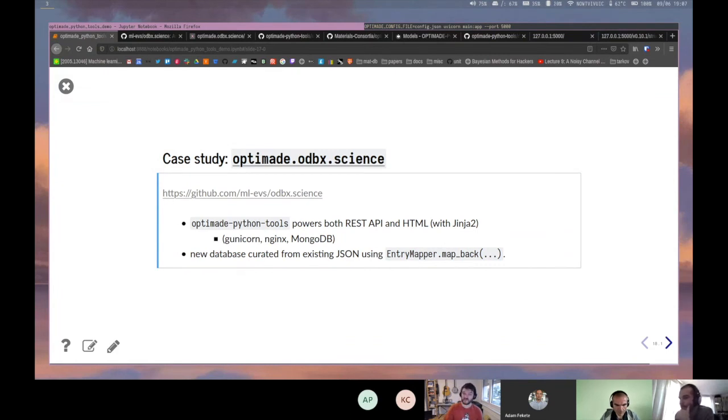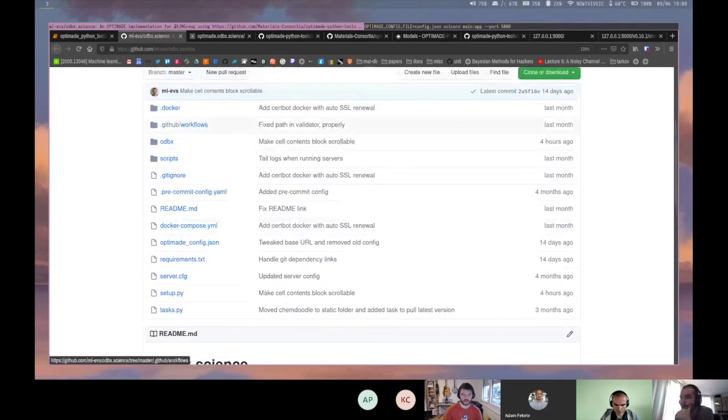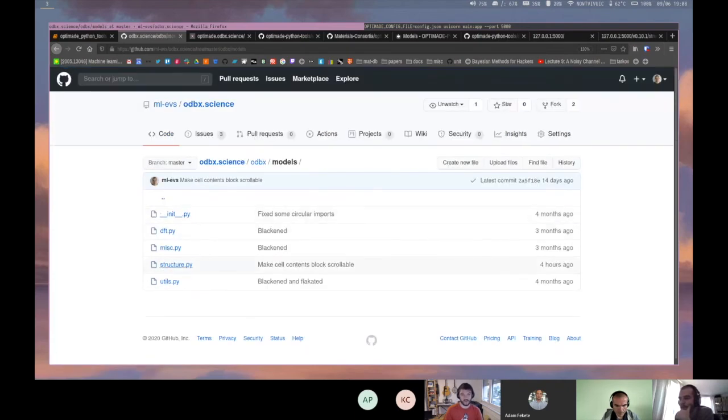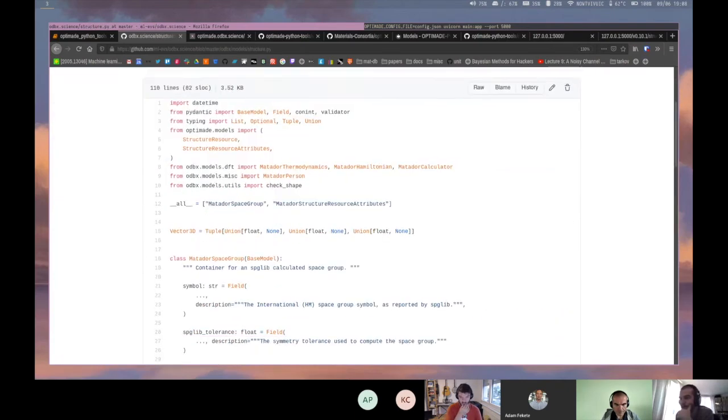And as I said, we made it essentially a new, curated database that we wanted to make public from our existing MongoDB, just using the entry mappers in a more generic way than actually inside the server. And I'll hopefully just show that the code isn't particularly complicated. There's a fair bit of boilerplate for just running a web server generally. But the model extension part itself, if we look at our extension to structure,